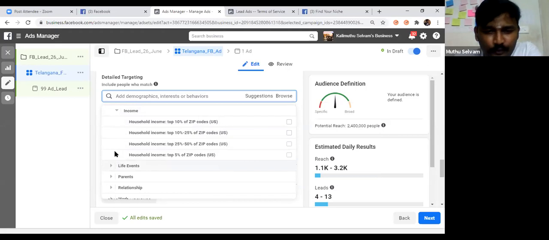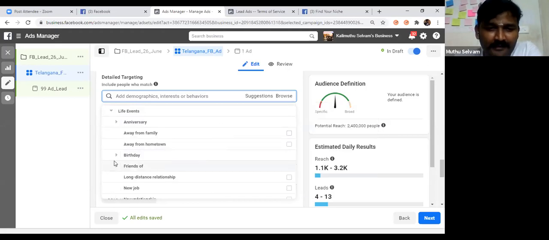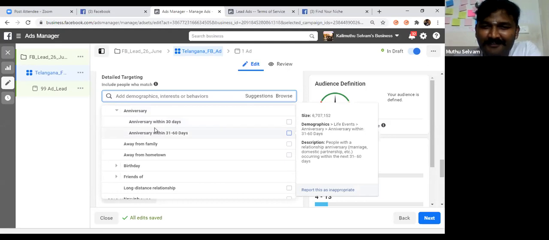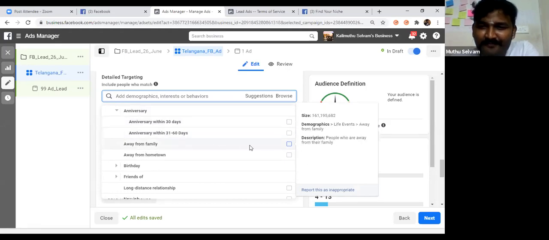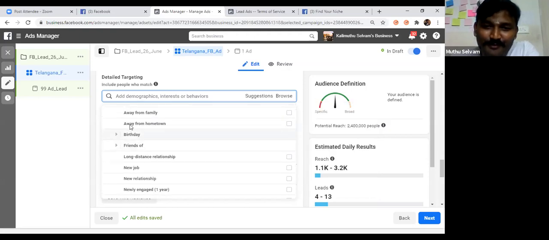It has not been given for us, no problem. And life events, if you are running something like a gift shop with all kinds of products available: anniversary within 30 days. Who's going to celebrate it? For them, if you want, you can. Away from family, whoever is away from family. For those, if they are your audience, you can select them. Away from hometown.